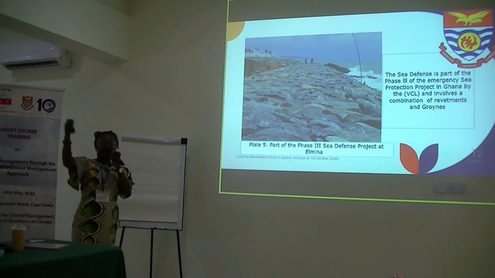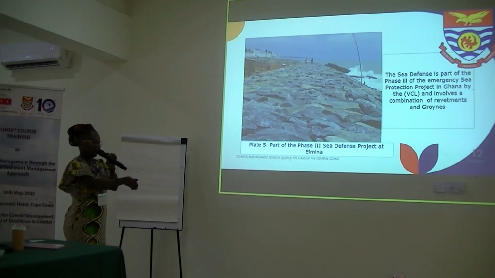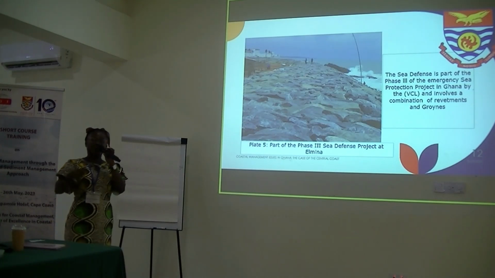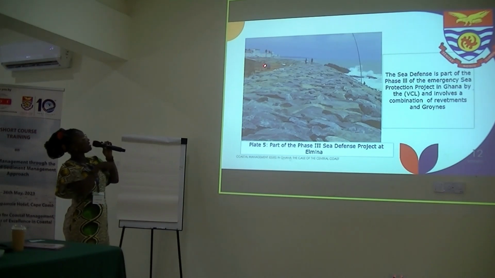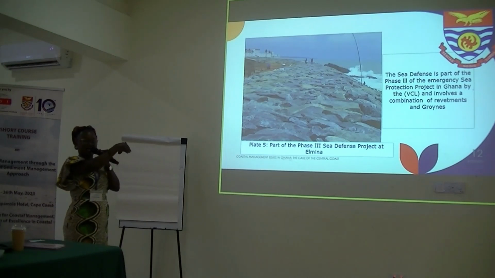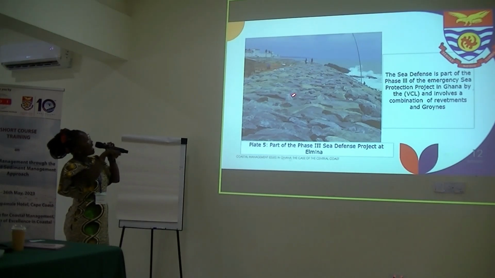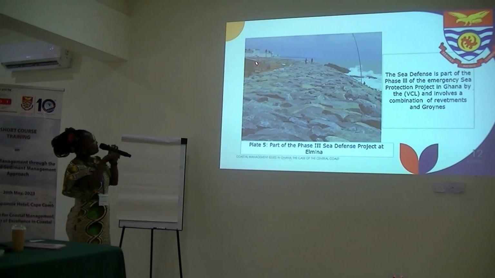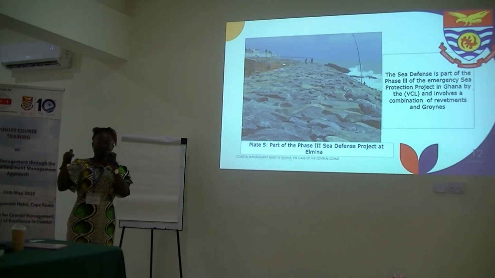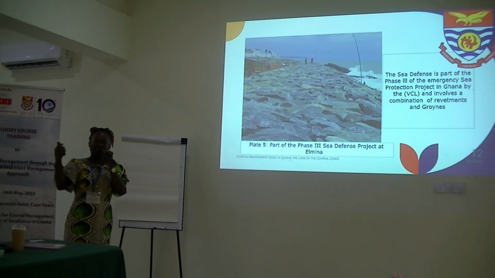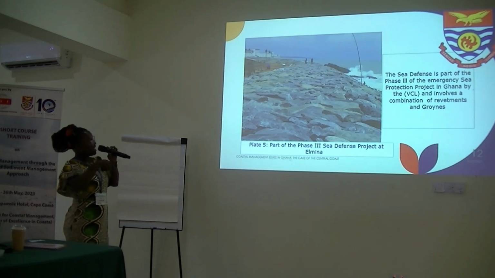So it means that in Ghana, we have had phase 1, we have had phase 2, and now we are in phase 3. Now, these areas initially were not that affected, but this is a heritage site, the Elmina Castle, which was nearly affected by these ravaging seas. So automatically they had to build this defense to protect this major heritage site. This is a site which also attracts a lot of tourists to the central region. And so when they come here, at least it adds so much to the GDP of the country, right? So they have done all these things. But the unfortunate thing,